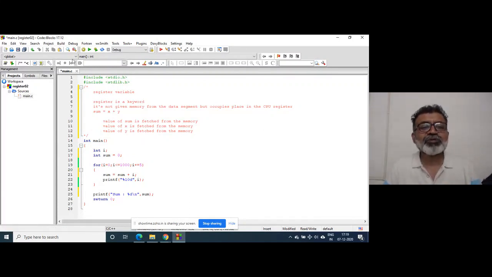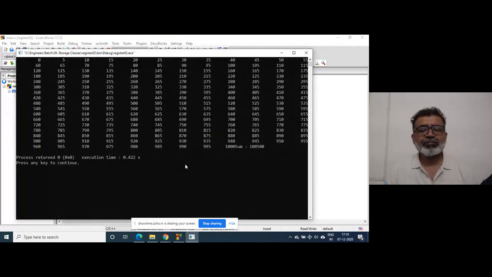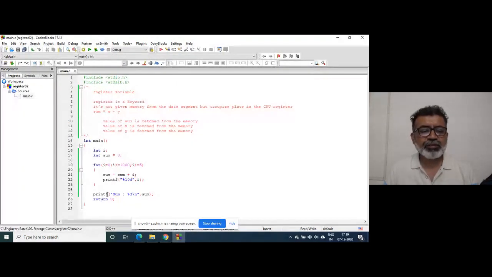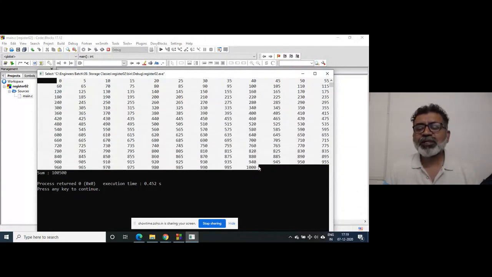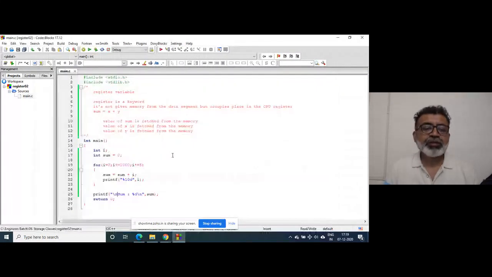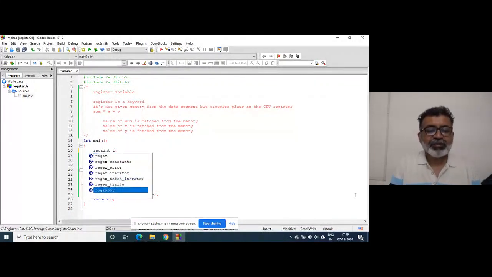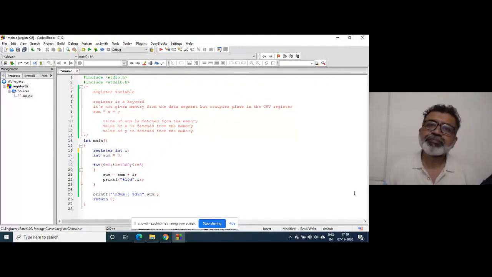Once you execute this program, sum is there, but this i is fetched 200 times from the data segment by the CPU. Dennis Ritchie says just declare this variable as a register.